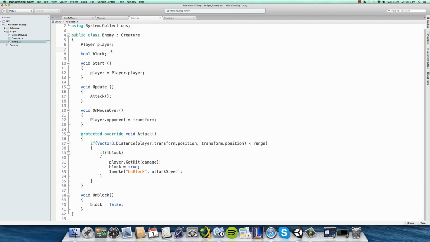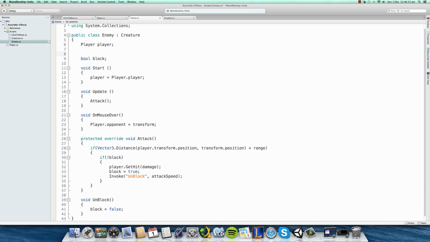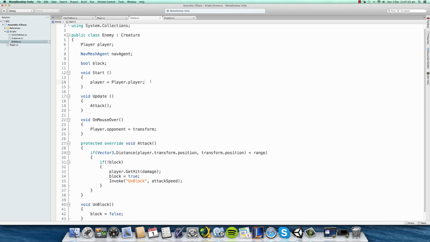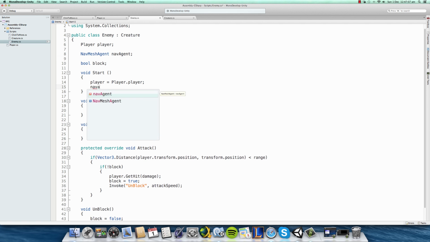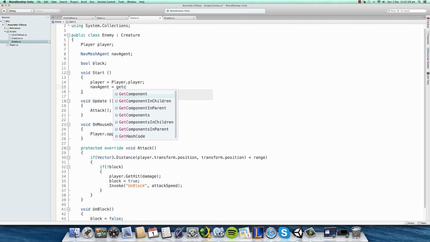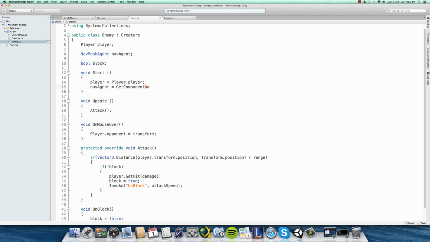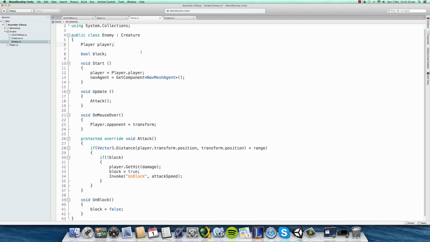And we're going to have a nav mesh agent, nav agent. There we go. And then we're going to say nav agent is equal to get component, and then we're going to say nav mesh agent. I'm just going to copy this nav mesh agent. And we can also actually put this nav mesh agent in the creature class,